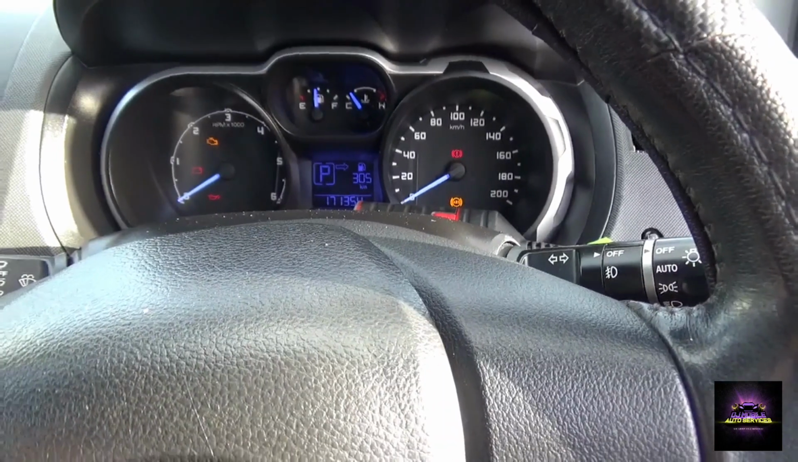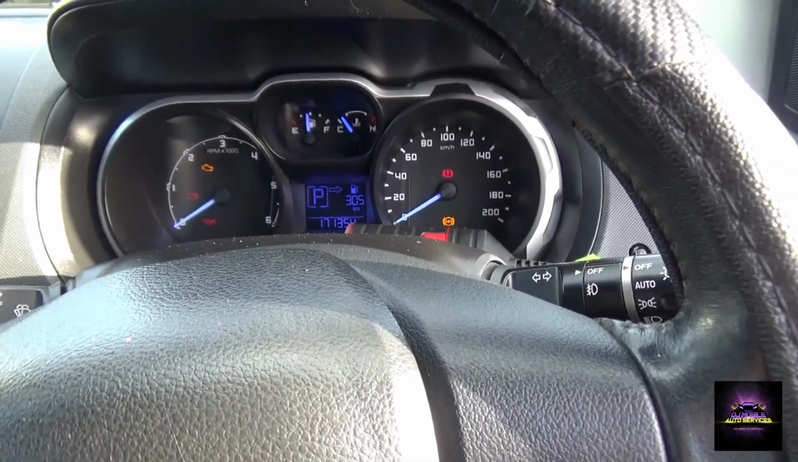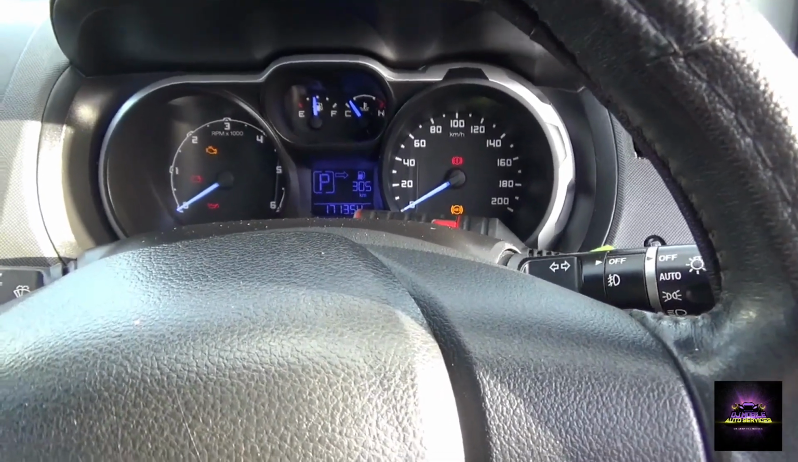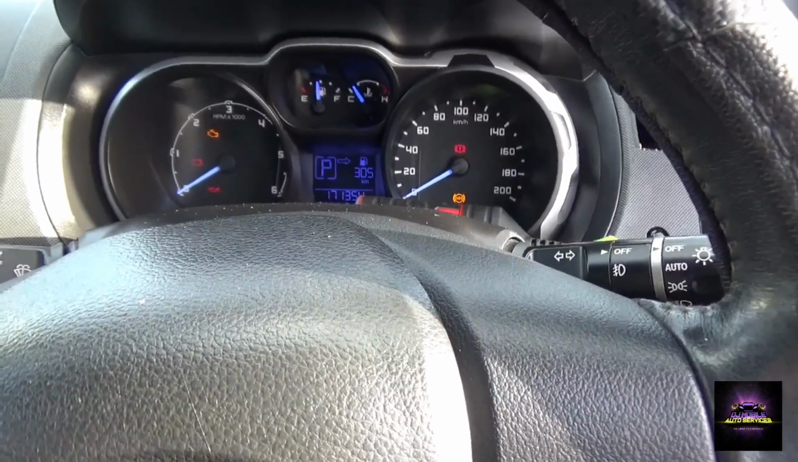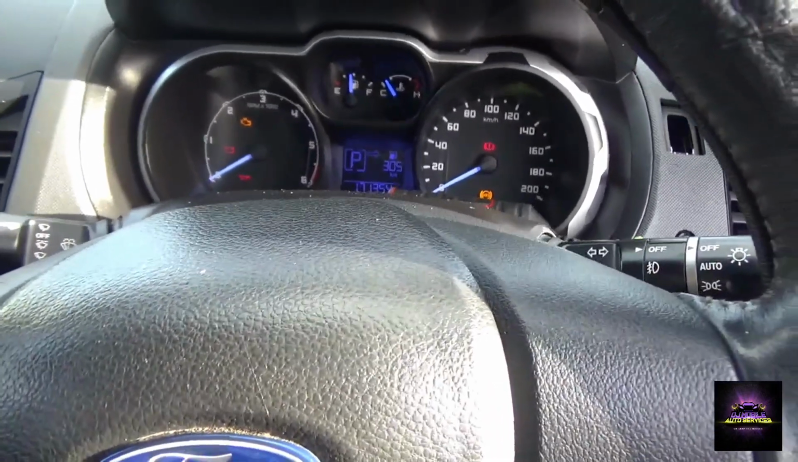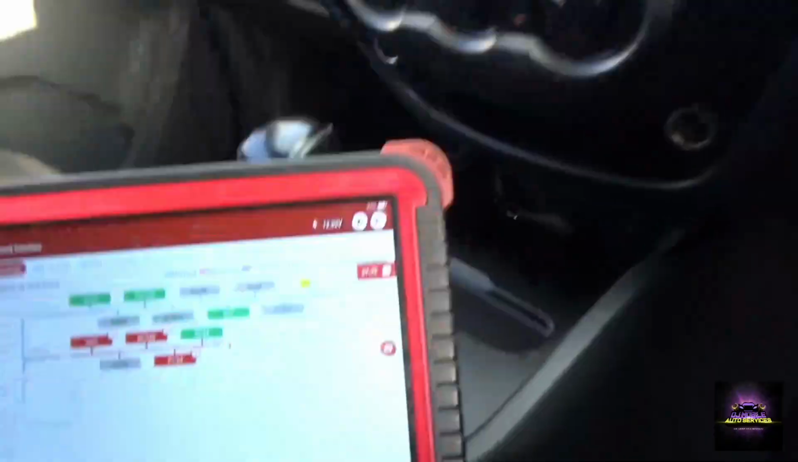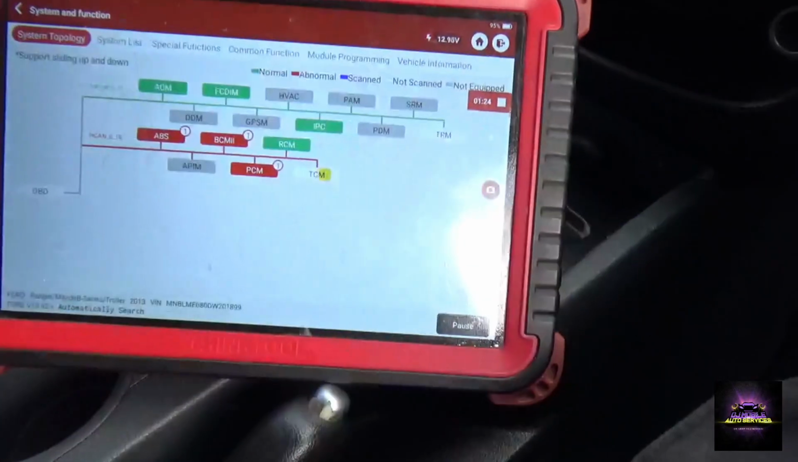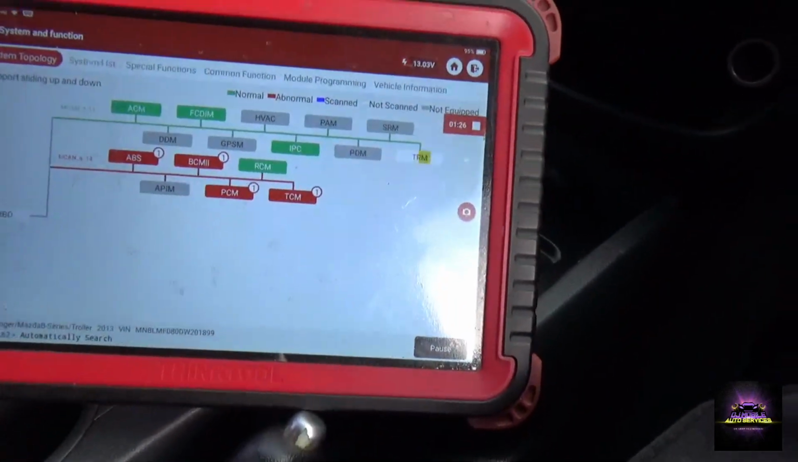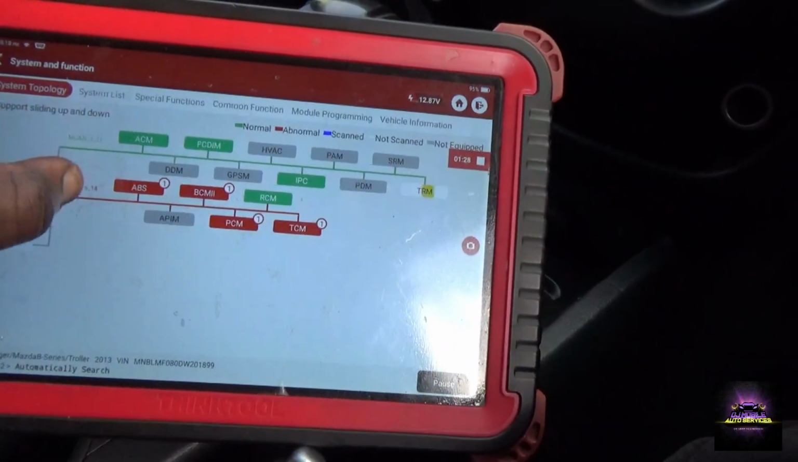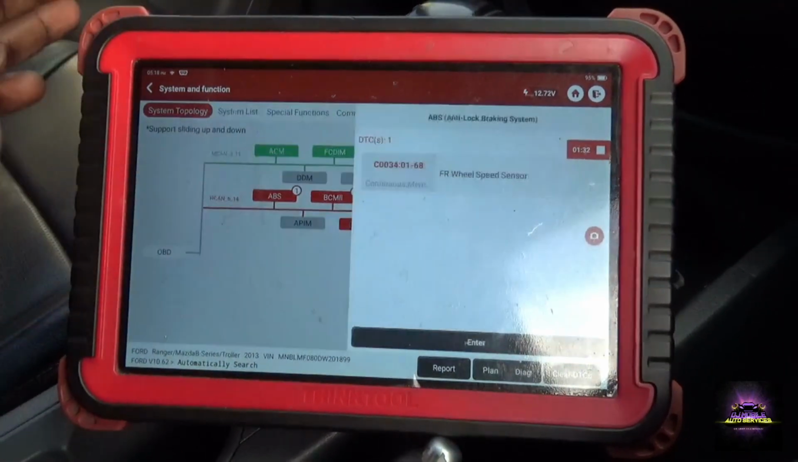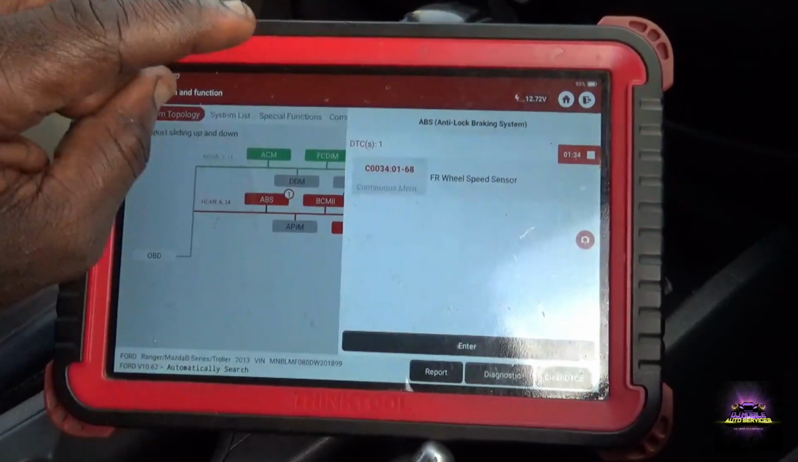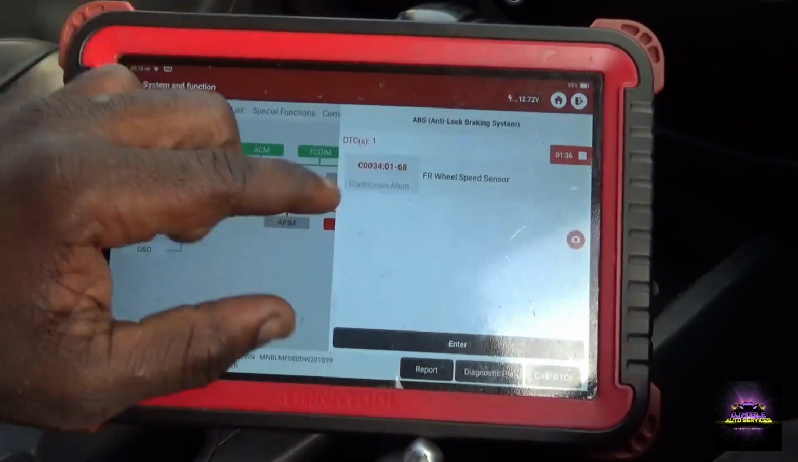He did mention it's coming from the front right. So I mean, if they changed both bearings out, I believe it would have also flagged on the left side also, right? Okay, so we're getting some faults on the ABS, the BCM, PCM, and TCM, right? So on the ABS, we got the front wheel speed sensor, continuous,